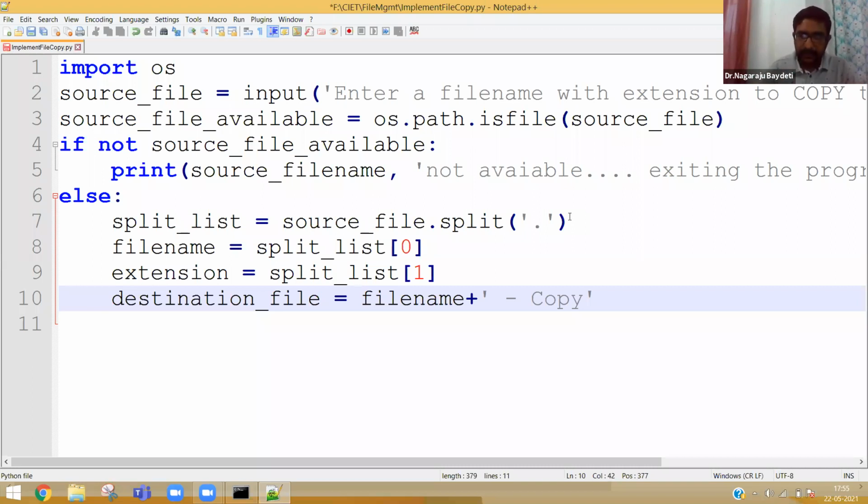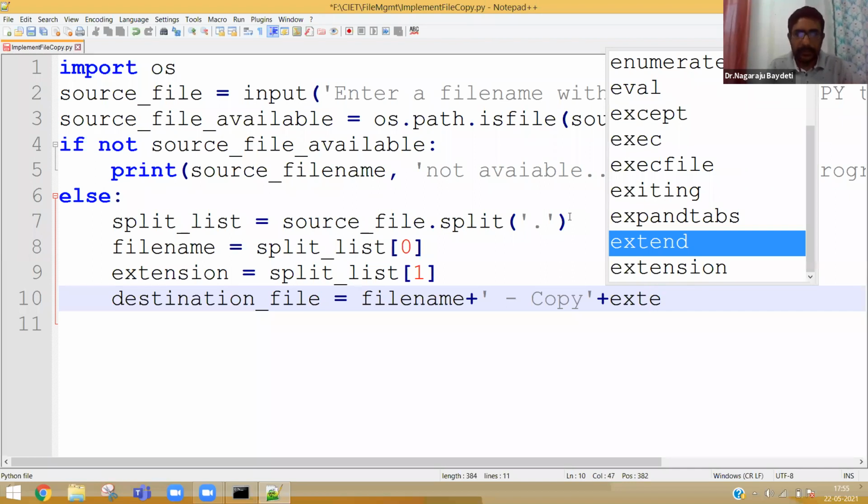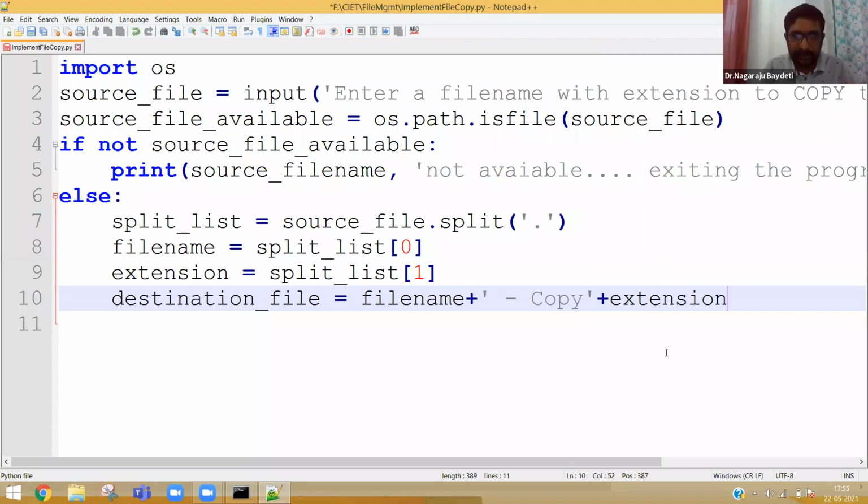Plus is string concatenation. So your destination file will be the same file name followed by space, hyphen, space, copy. Then you need to have a dot also, no? Dot also should be there.